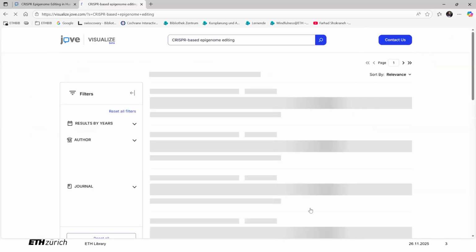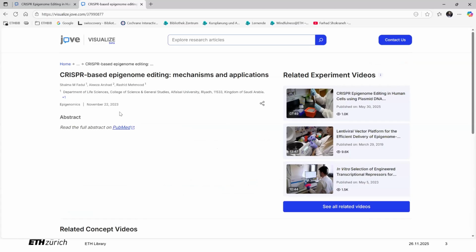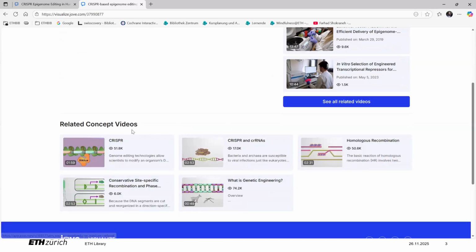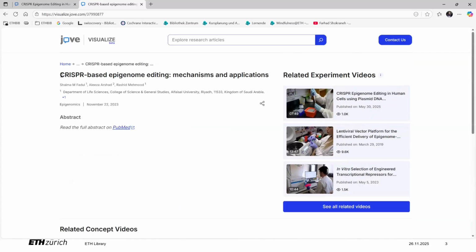This is the title of an article published in the journal Epigenomics. And if there's in some article an experiment or a method or a protocol you want to understand more clearly or better, you can look for this article and see if JoVE Visualize is mapping related experiment videos to the article. So this was the video we just saw, or if there are related concept videos. So this is meant for you so that you can understand methods mentioned in the original article more clearly and replicate